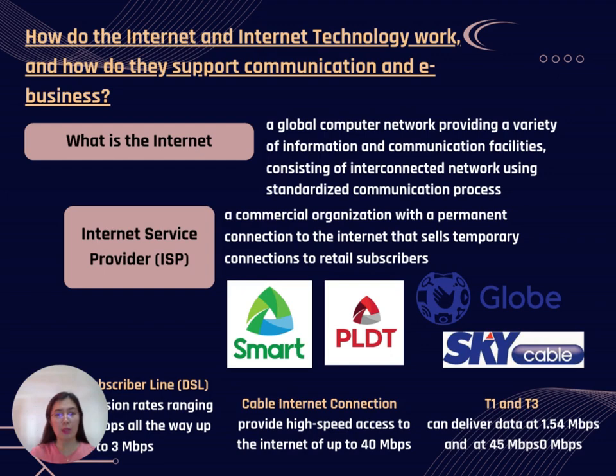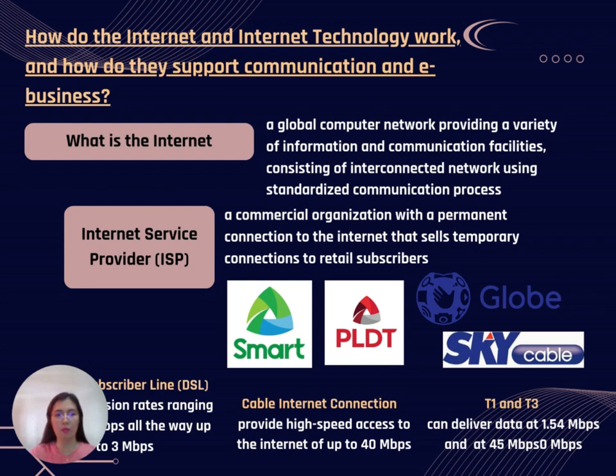So what is the internet? The internet is a global computer network providing a variety of information and communication facilities, consisting of interconnected networks using a standardized communication process. The majority of homes and small businesses use an internet service provider to connect to the internet. An ISP is a commercial organization with a permanent connection to the internet that sells temporary connections to retail subscribers. Examples of this are Smart, PLDT, Globe,